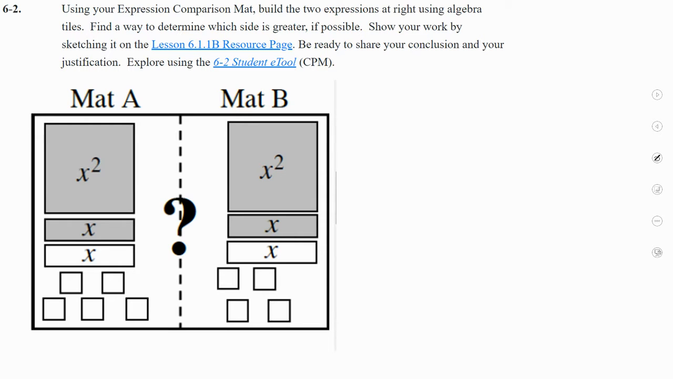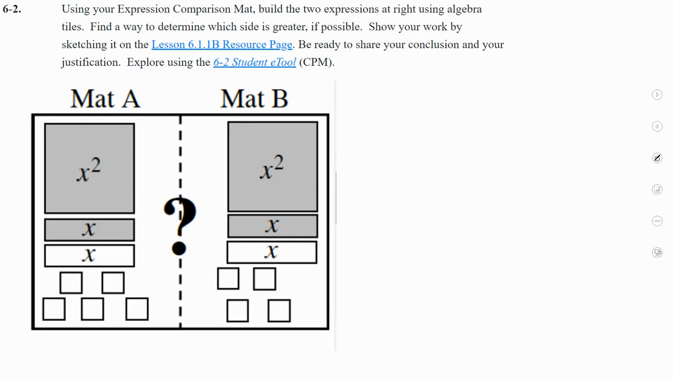So our second one, we have 2 expressions built here, and we're going to be figuring out which one's greater. Is mat A or mat B greater? This one's going to utilize a little bit different of a strategy. It will still utilize zero pairs, but it'll also use the idea that there's the same thing on mat A as there is the same thing on mat B. And really we're using kind of a subtraction idea of what we've done with our 1-step and 2-step equations here